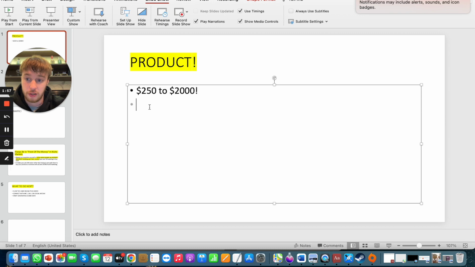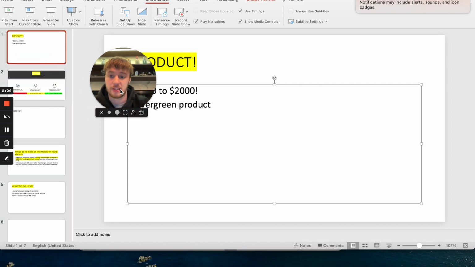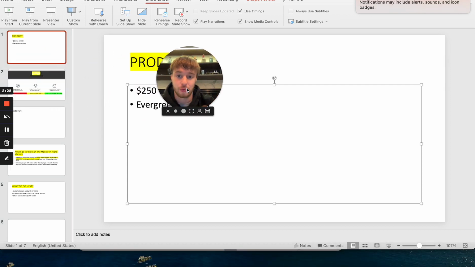So a high quality product, and I would say evergreen. An evergreen product where people are already spending money every single day, hand over fist. Like for example, iPhone. You don't have to convince people to buy an iPhone, or Tinder, dating, making money online, trading, crypto, Bitcoin. All of this stuff works. People are already investing money into these things. Also weight loss supplements. It already works. You don't have to convince people to lose weight. The desire is already there. It's just about you representing the right offer.